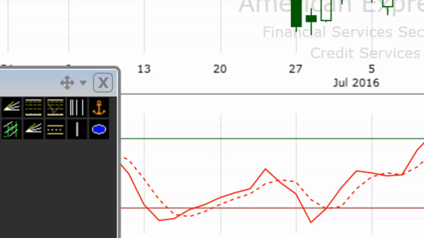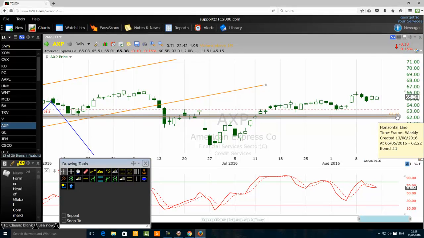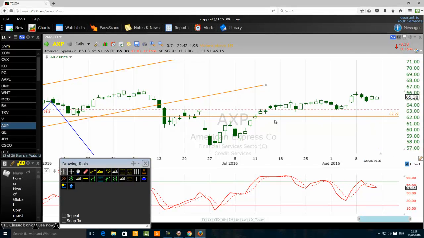So for American Express, EPIC AXP, the current short-term equilibrium price level or current technical fair value is at 62.22, so $62.22. That's the short-term technical fair value for American Express. It's great to know where the current short-term equilibrium price level is. Here it is, all